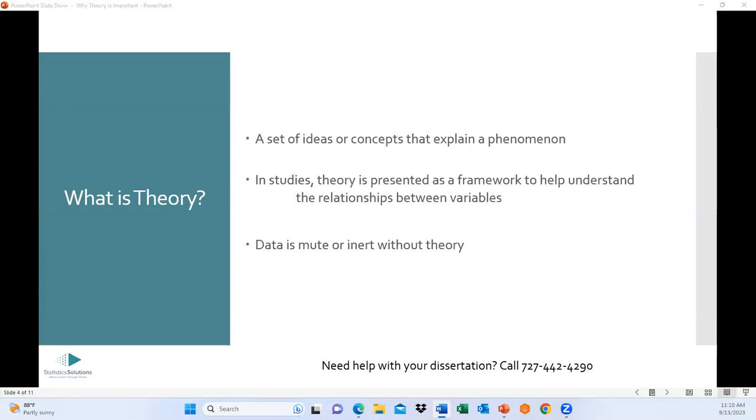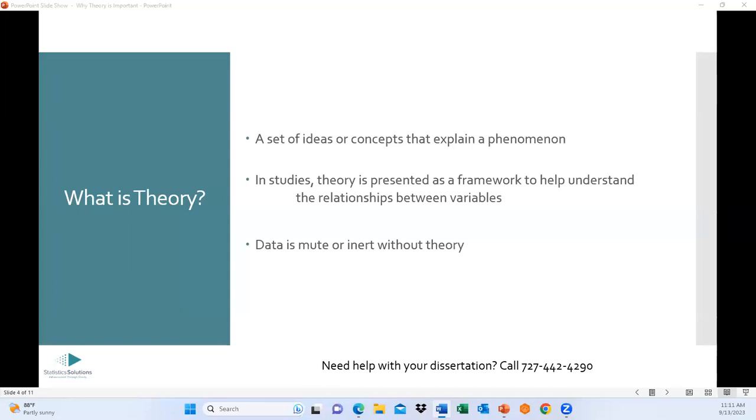It gives you information about what research says on these two constructs, and helps explain the constructs, and maybe why they're related, but it gives you a framework. It gives you a place to start to talk about the data. Otherwise, you're just stuck with the data and you don't know what to say about it.